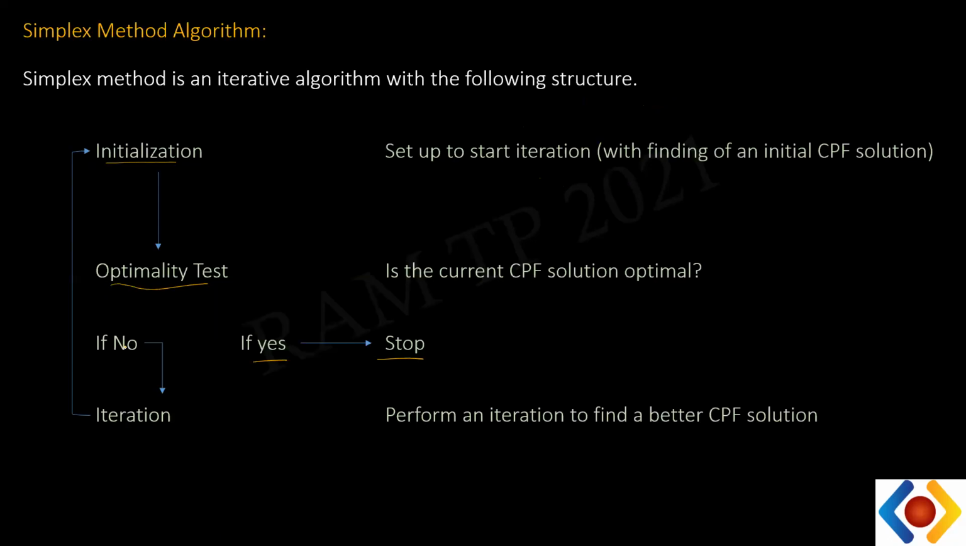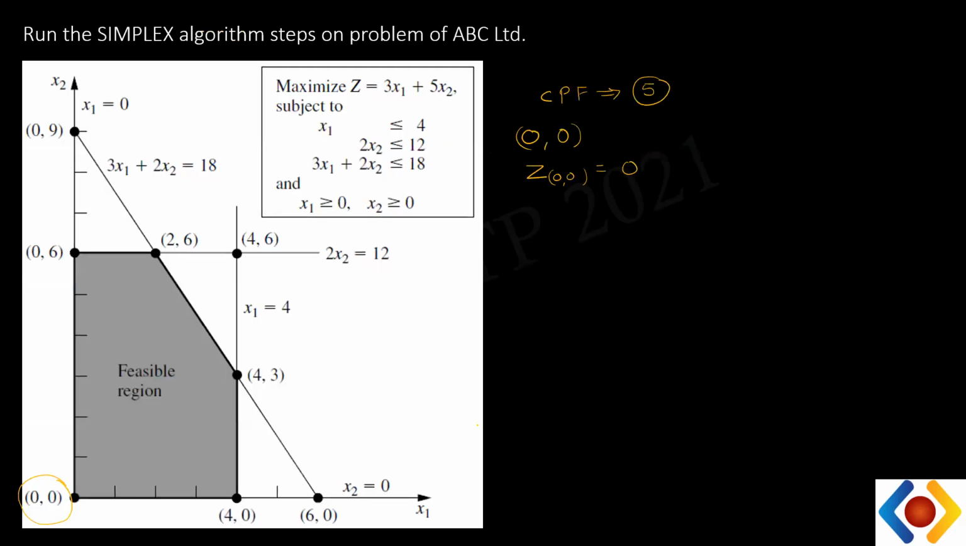So in this algorithm, is this an optimal solution? The answer is no. Then the next iteration, what do we do? Perform an iteration to find a better CPF solution. So how do we find a better CPF solution? From this corner point, what are the two adjacent CPF? Either I can move in this direction to hit this corner point solution, or I can move in this direction to hit